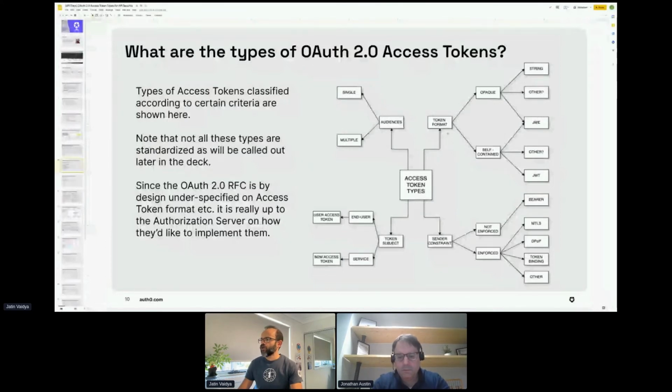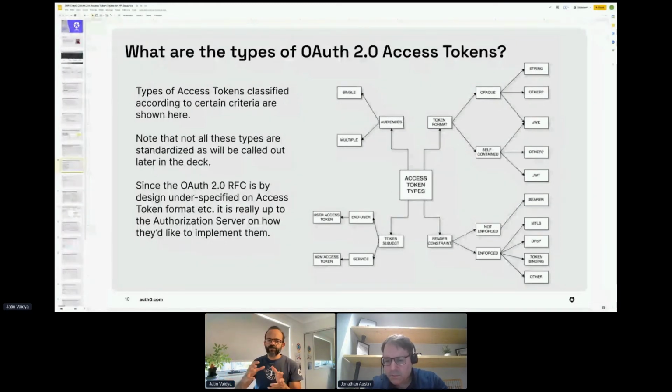Now, coming to the token subject. Every access token will have a particular subject that it is bound to. Depending on whether that subject is an end user or a service, we can call it a user access token or a machine-to-machine access token. A machine-to-machine access token is one that is used by one service to access another service.